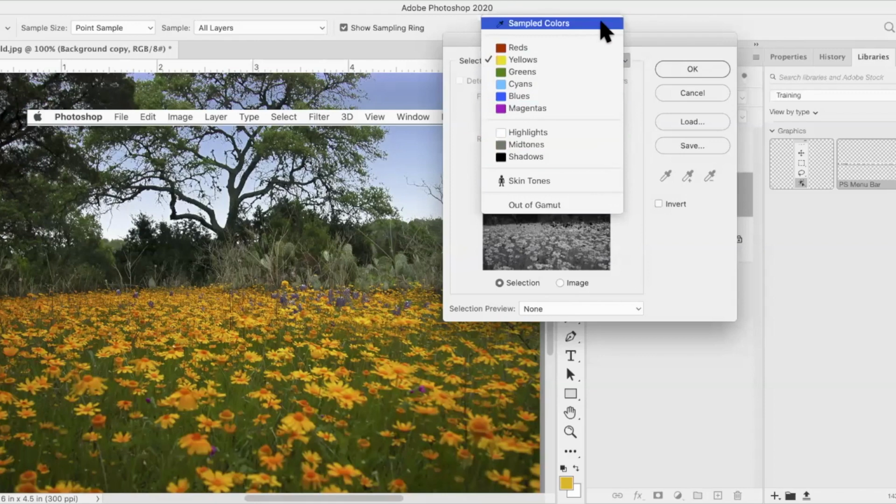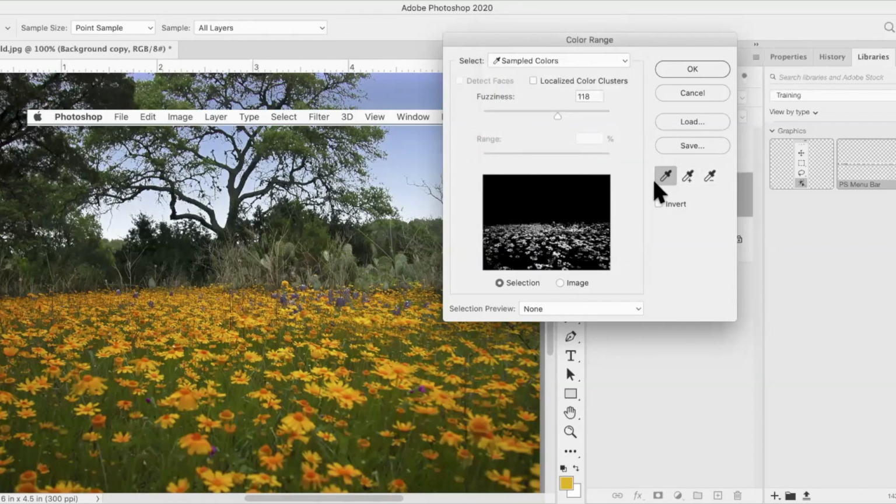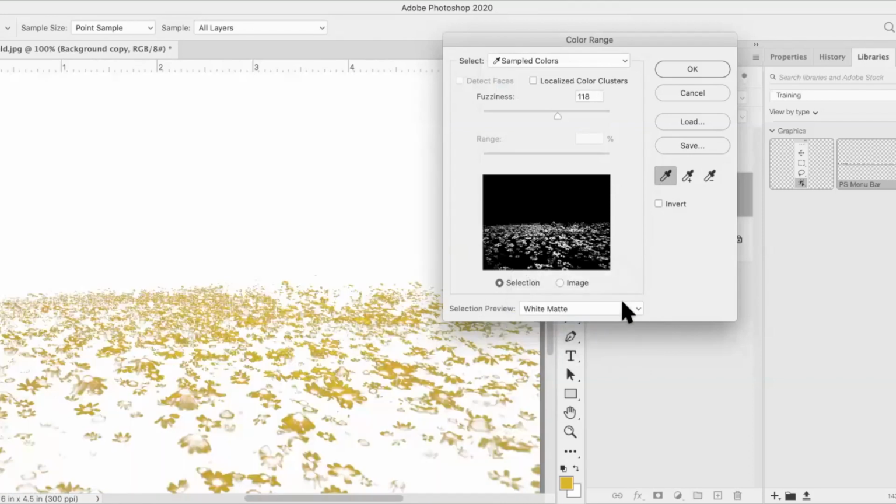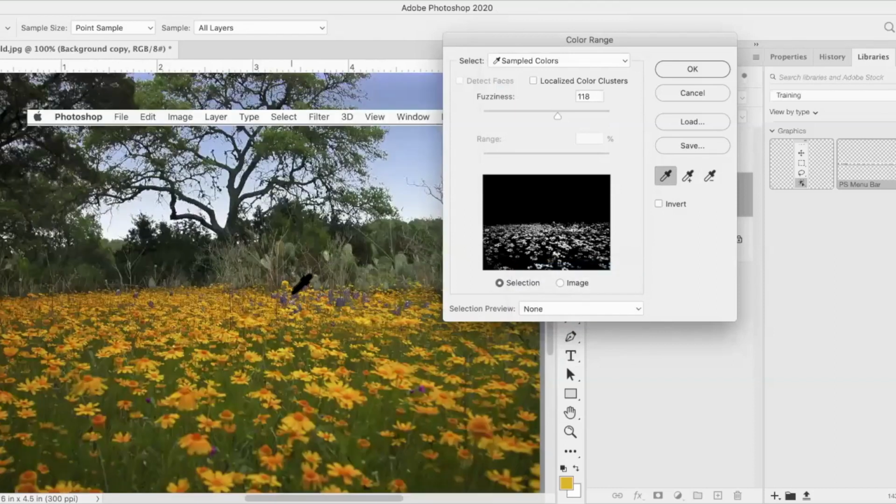This dialog box you could play with for a very long time. I'm going to stay with sampled colors for right now. So we have these little eyedroppers. And this box is showing you this selection below. You can see it in grayscale, on a black mat, white mat. When you mouse over into your image, your eyedropper,